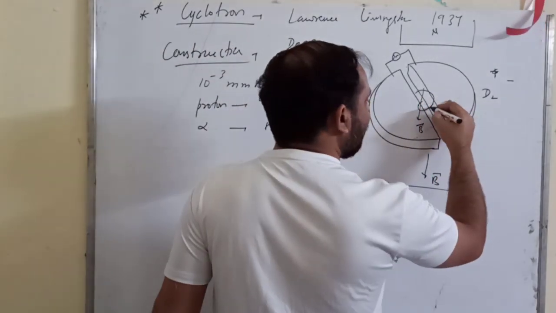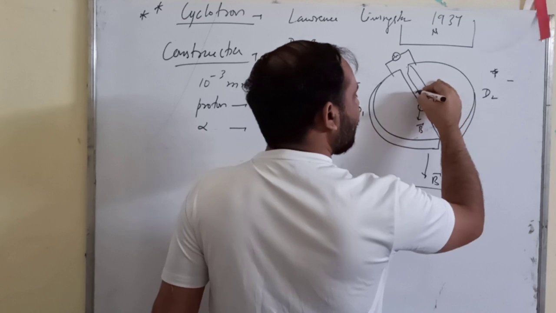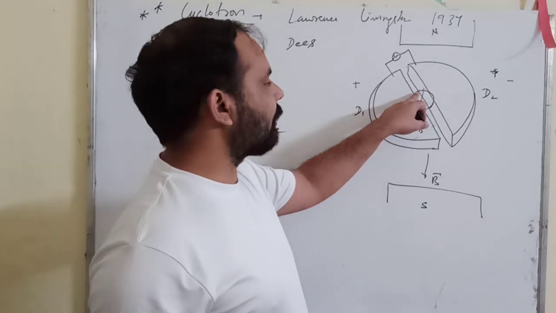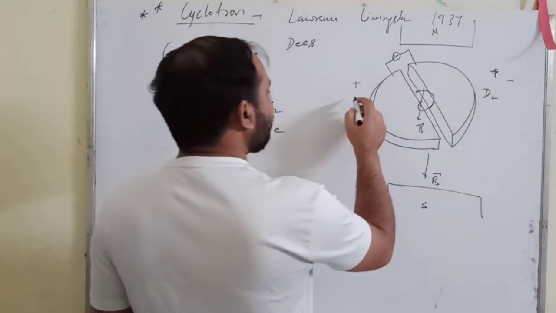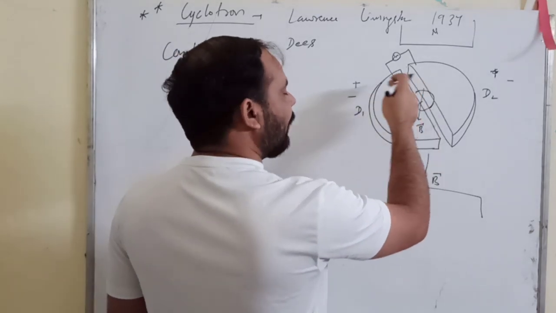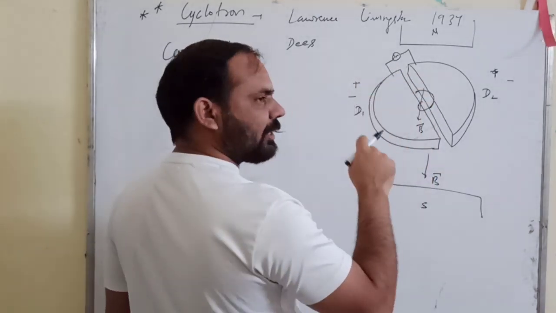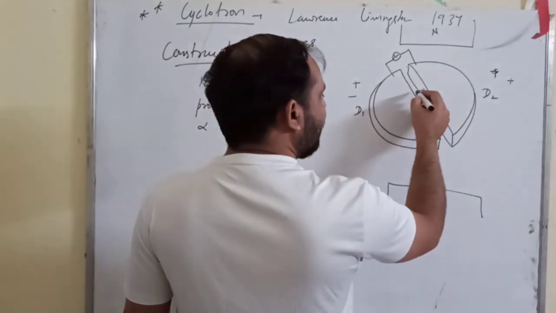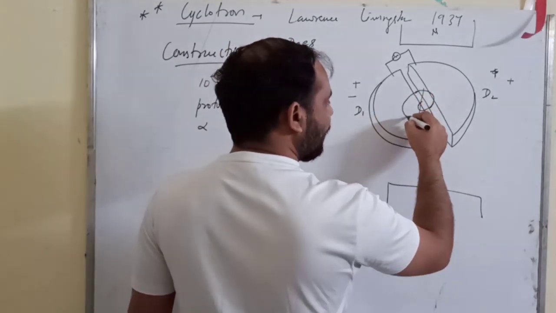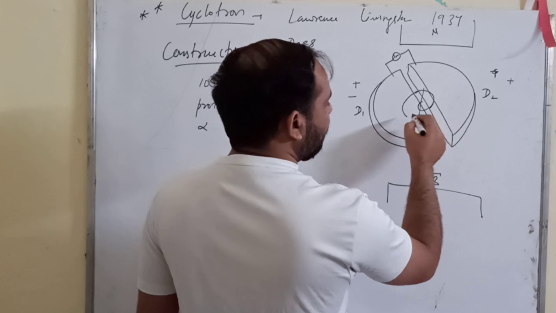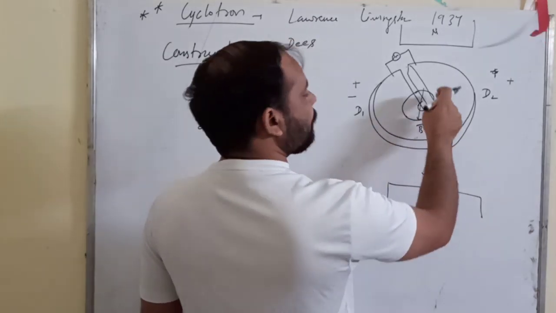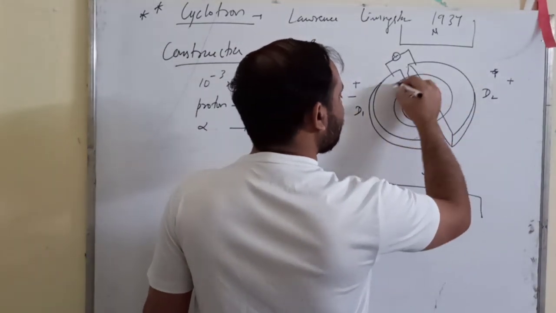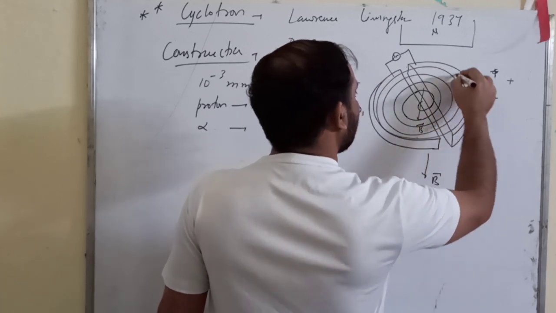So now the charged particle in D2 will move on a circular path but with a larger radius. With a larger radius it will reach the gap again. Now again D1 becomes negative at that particular time. Again, at that instant when the particle reaches the gap, D1 becomes negative and D2 becomes positive again. So what will happen? It will accelerate towards D1, further increasing the velocity, but since the time period has to be constant, the radius will increase again. Similarly this process will go on and the charged particle will move on a spiral path.